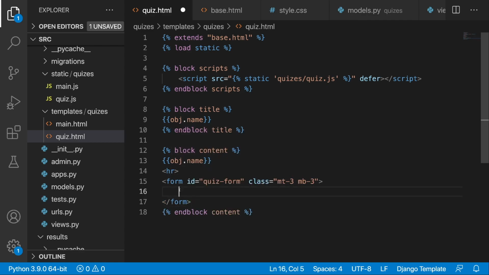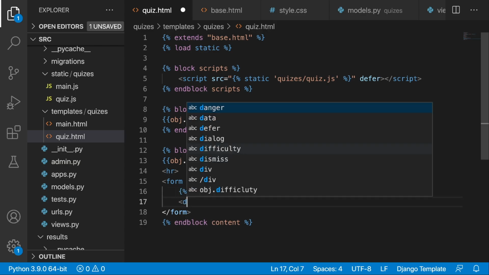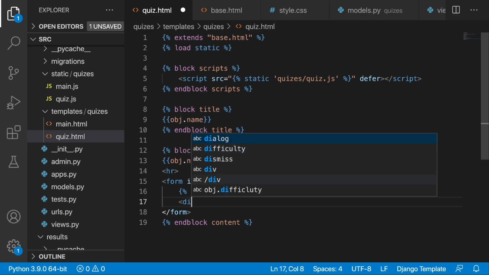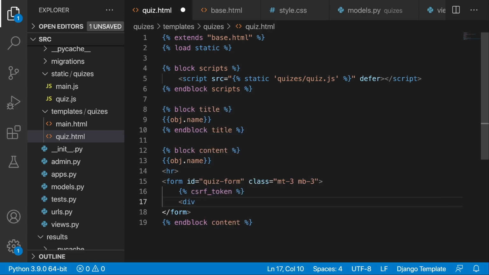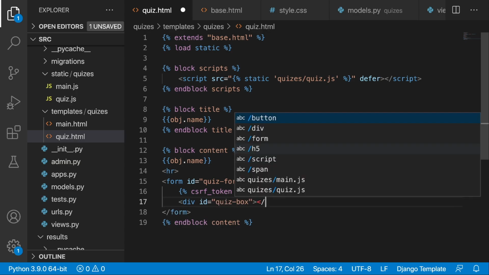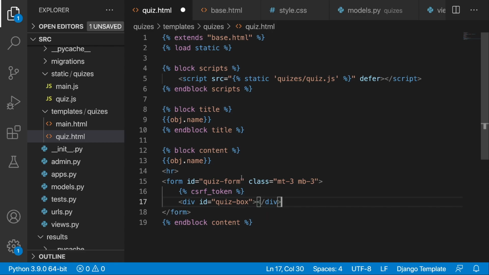Here I'm going to place in the CSRF middleware token, and below I'm going to place a div where we are going to keep our questions and answers. So I'm going to give it an ID, quiz box, and I'm just going to close it off. It will be an empty div because we will fill it out in the JavaScript part, all right? So this div is